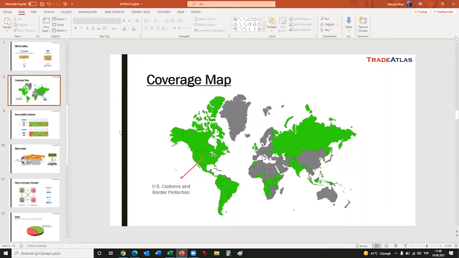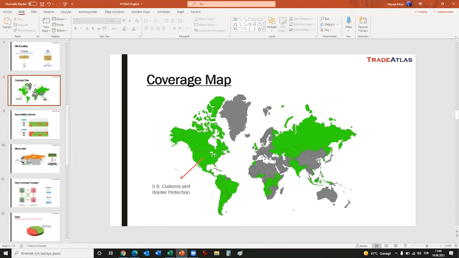For example, the US is the greatest importer in the world, and we get the data from US Customs and Border Protection of the US. So we have the data for almost all of the American continent here, and we have data from more than 10 countries in Africa, some countries in Europe, Russia, Ukraine, and these are the countries that we have in